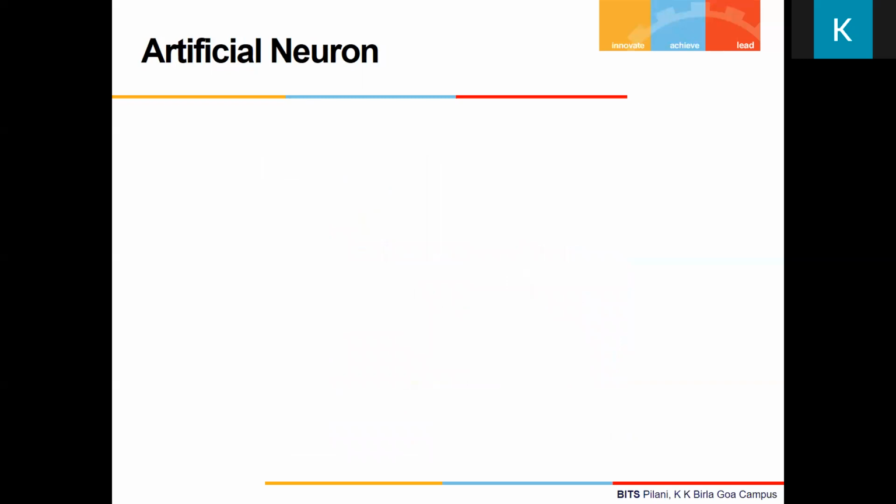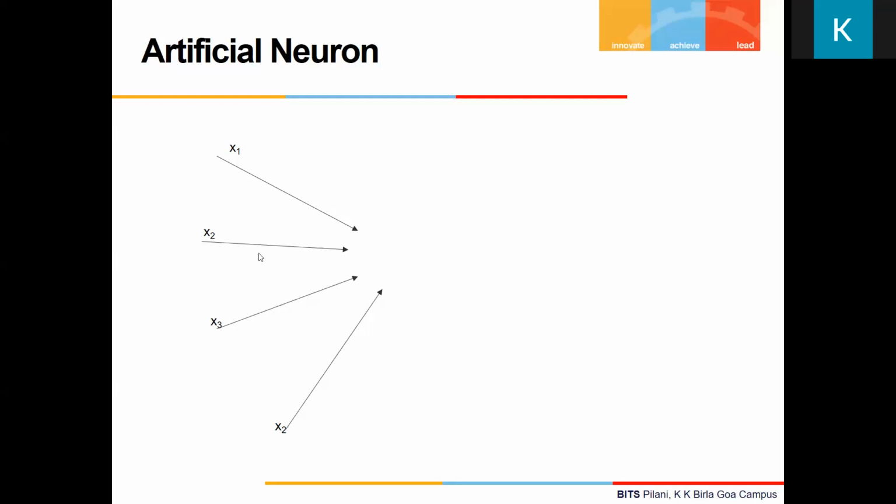So let's try to implement those concepts in the artificial neuron that we are going to design. The first idea is that each neuron is connected with many other neurons. Now, how can we implement it? From a hardware perspective, I have a circuit, and that circuit is connected with many other circuits. So quite straightforward.